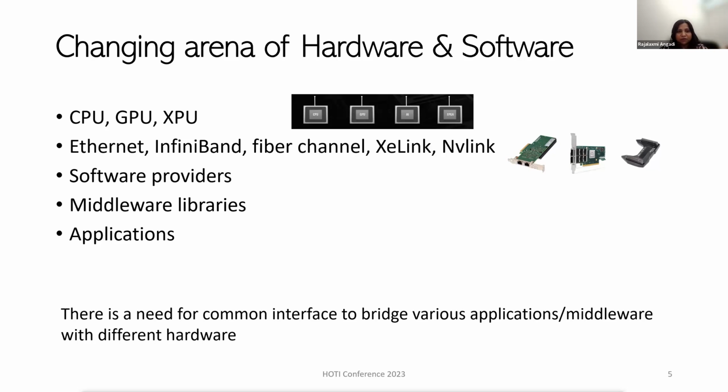Now, if we talk about the software side, there are different middleware libraries. We have Intel MPI, we have MVAPICH, we have MPICH, we have different types of libraries. We have oneCCL, there is Habana CCL, there is NCCL. And then there are HPC applications like weather modeling, or it could be LINPACK, or it could be any other application. It could be any other AI application as well, which is making use of all of this software stack plus the hardware. So things become complex,